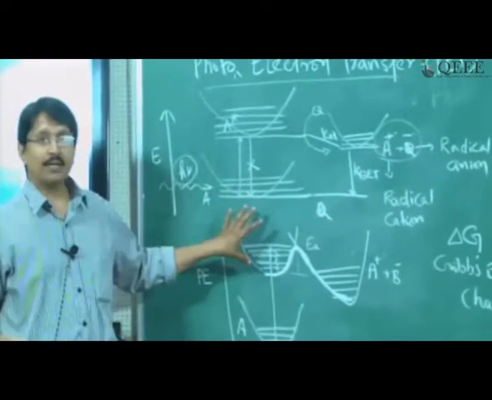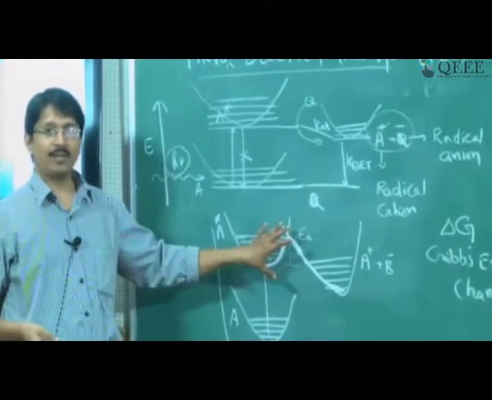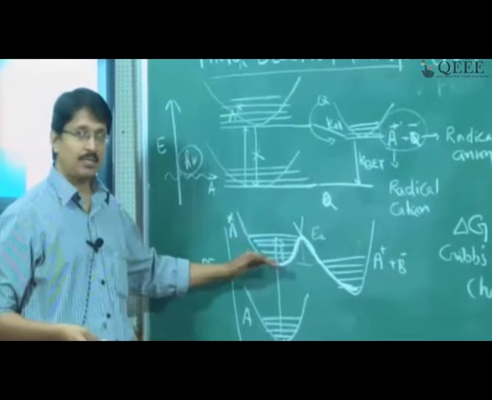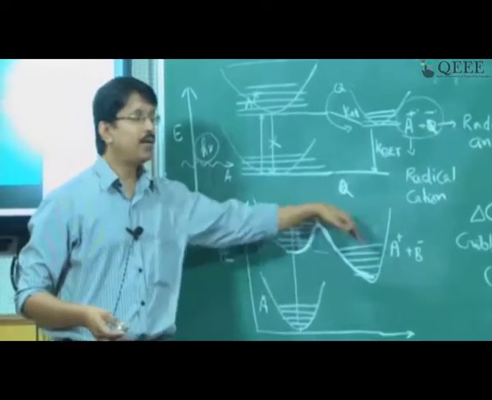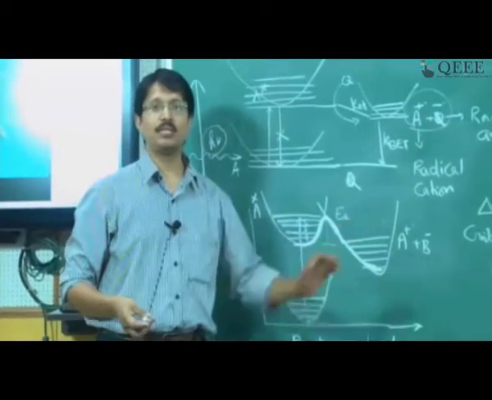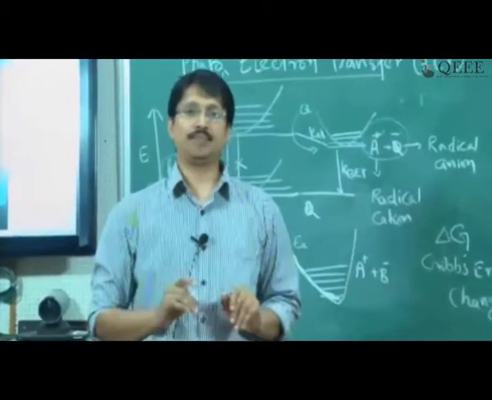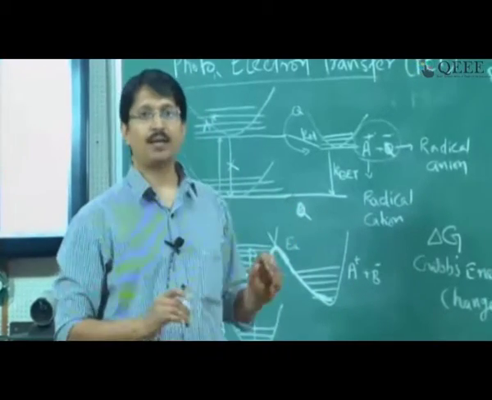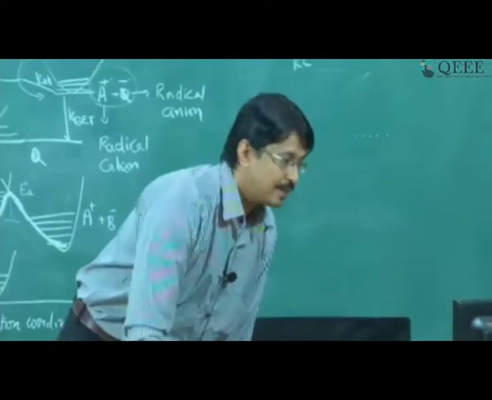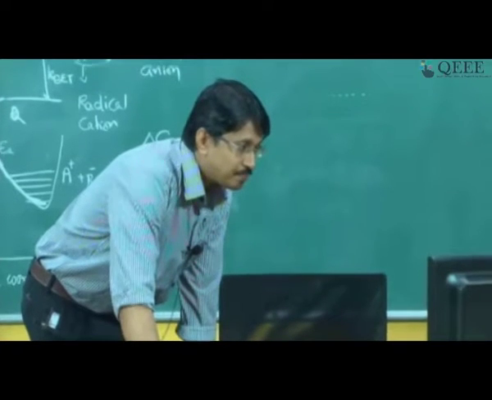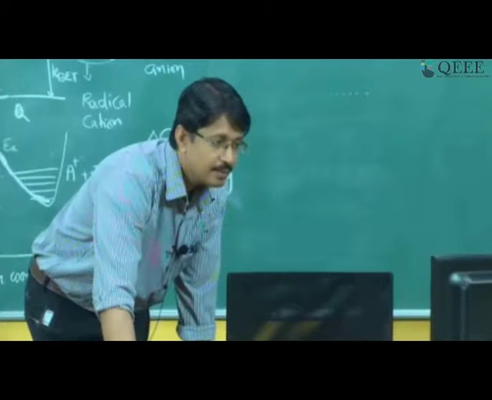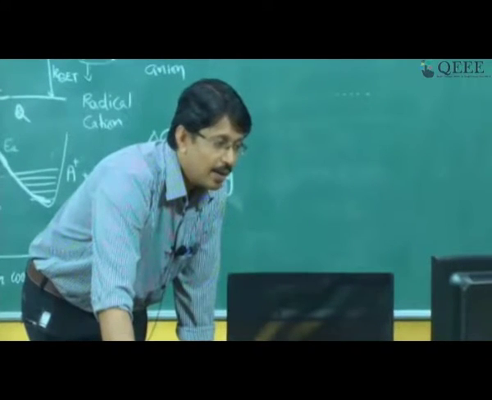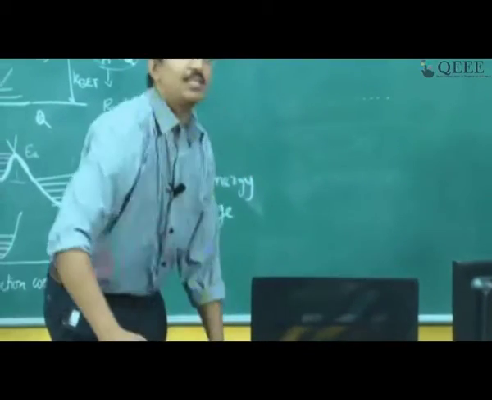So looking at this figure, I want you to discuss among yourselves whether delta G of this process is negative or not. What is the process? The excited state electron is moving from this energy well to this energy well. It is clear from the figure, but I want you to discuss and tell me whether it is negative or not for this particular process that we are discussing. One college says positive. Okay, BEC wants to interact. Negative. Okay, one college says it is negative, one college says positive.